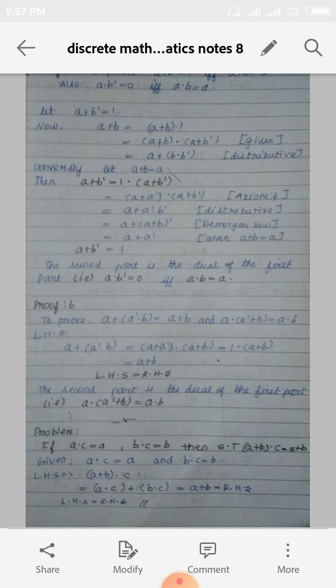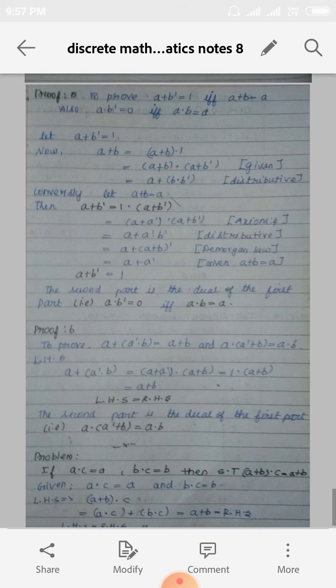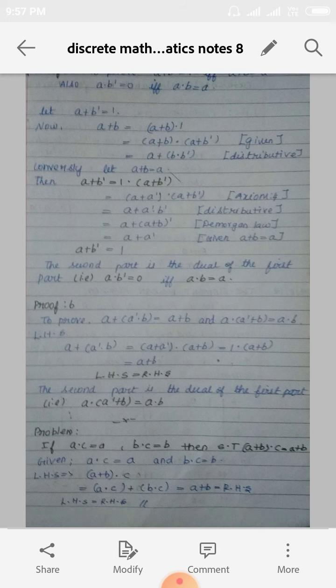First take the left hand side. We get the term A plus B. The second part is the dual of the first part. So hence the theorem, all the 6 cases of proof. Just go through all the axioms. It is very, very important. Each axiom is very, very important. Just note the important symbols, girls.